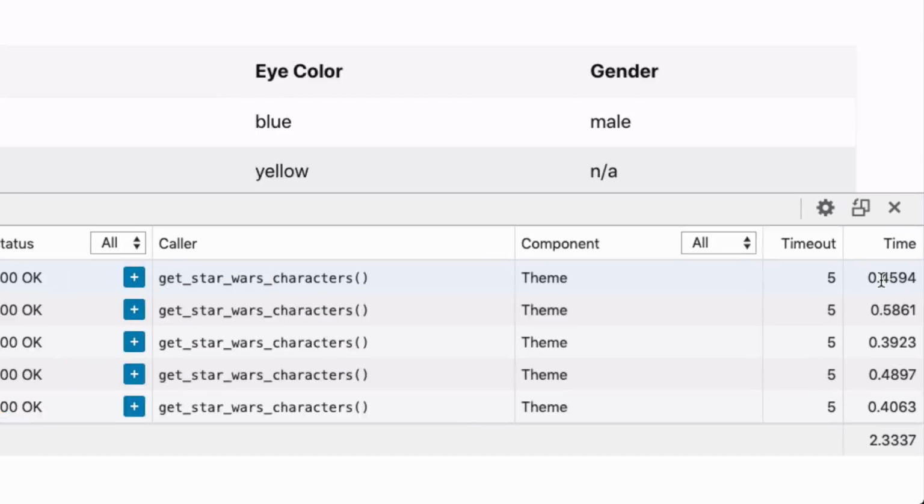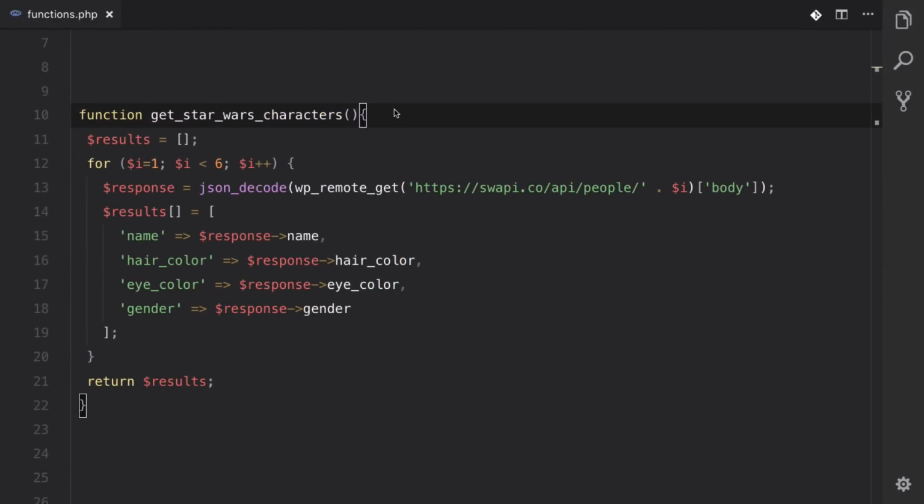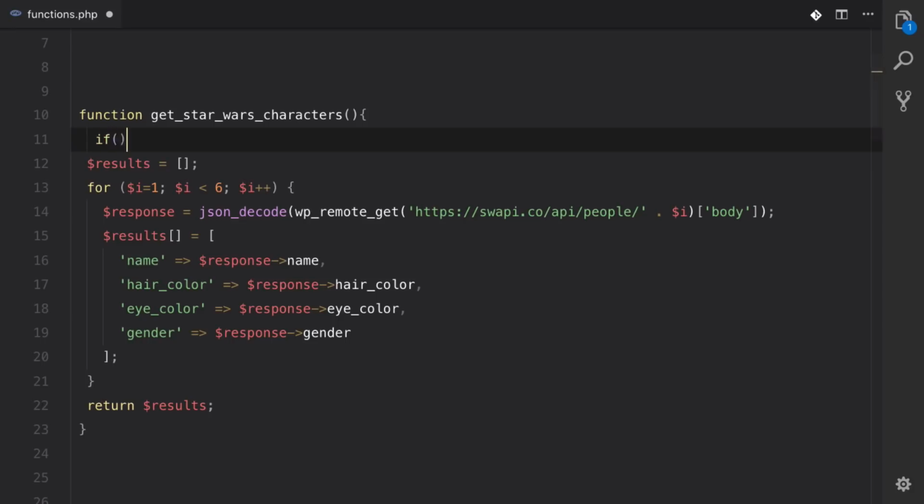So let's jump over to our code. If you've never used WordPress transients before, essentially it allows us to store data for a set amount of time before retrieving it again. What we want to do first is make sure that our transient doesn't exist before we run this block of code. So we want to store everything in a results variable, and then we want to get transient, and we want Star Wars characters,